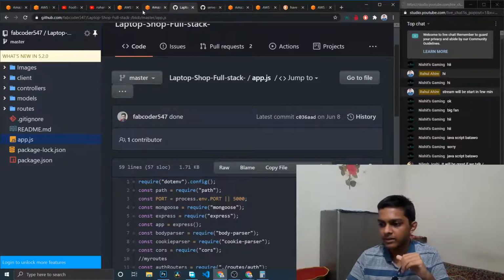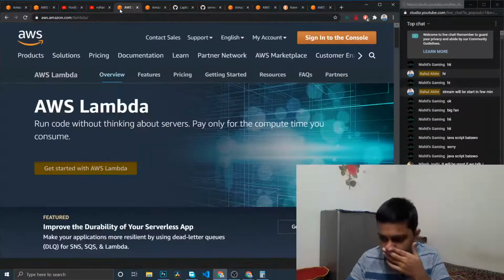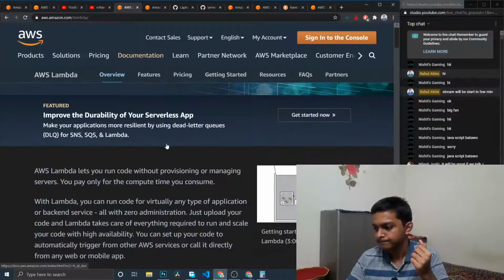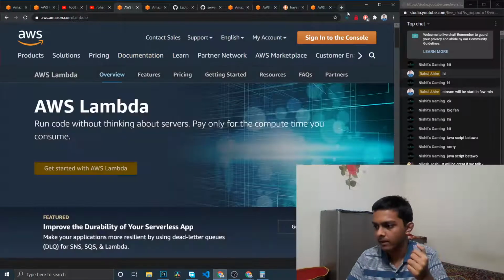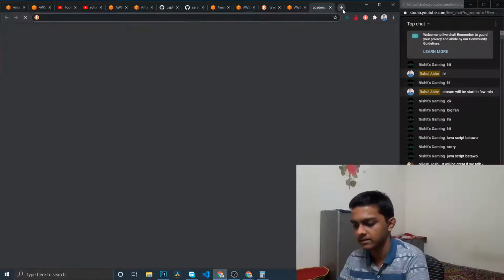So if I go up here, let's say Lambda. So let's say serverless.